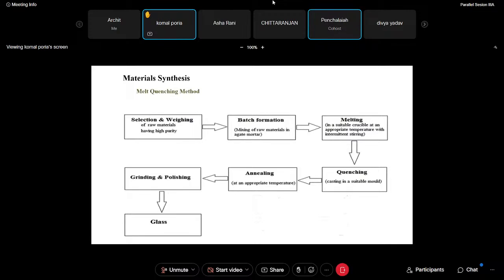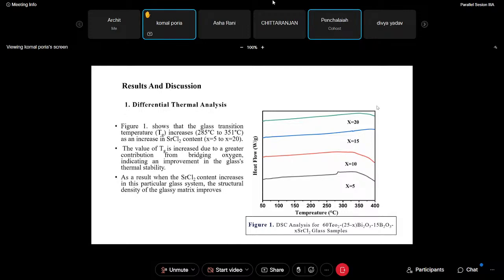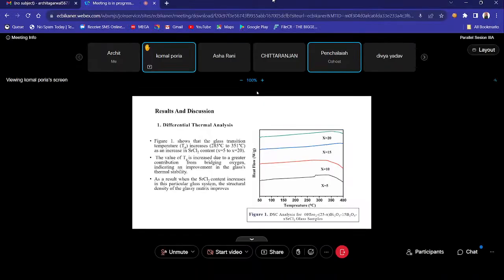Material synthesis. The melt quenching method is used to synthesize these glass samples. First, we select and weigh the samples, and then the batch is formed. After that, through the quenching and annealing process, we have formed glass. Result and discussion. In the result and discussion, first is the differential thermal analysis. In this, this figure shows